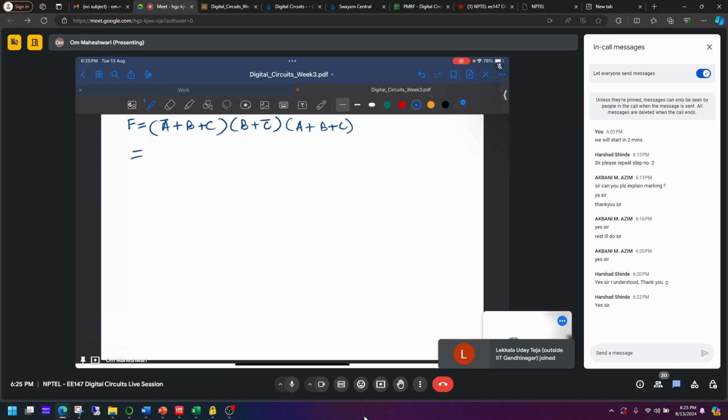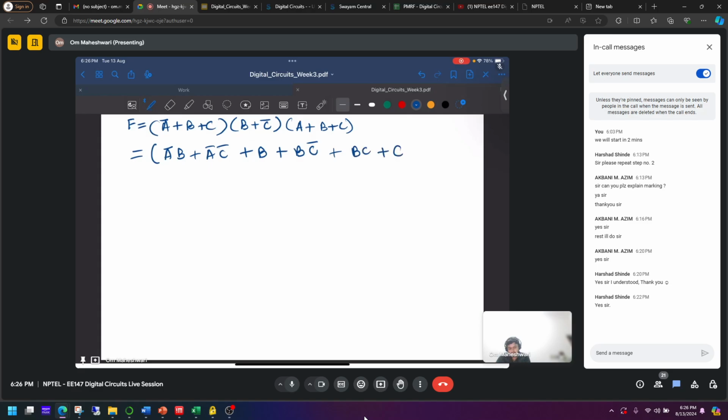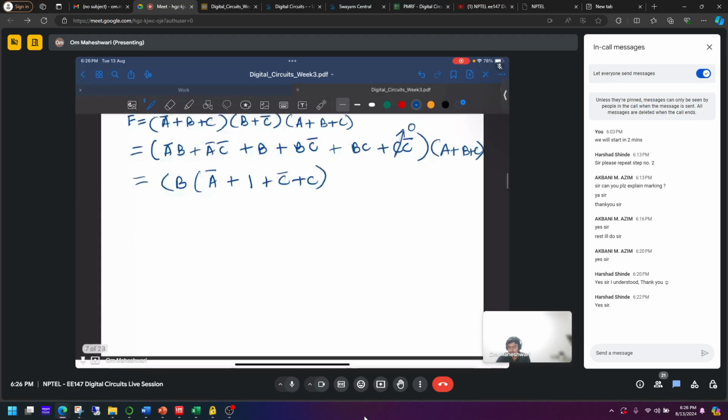So you will get A bar B. I multiplied these two. I'll multiply first A bar with these, then B bar, then B with these, and then C with these. A bar B plus A bar C bar plus B plus BC bar plus BC plus CC bar. Then you have A plus B plus C here, right? So CC bar will be 0. And in the remaining terms, let us take B common. You have A bar plus 1 plus C bar plus C, right? And here with this remaining term, A bar C bar,